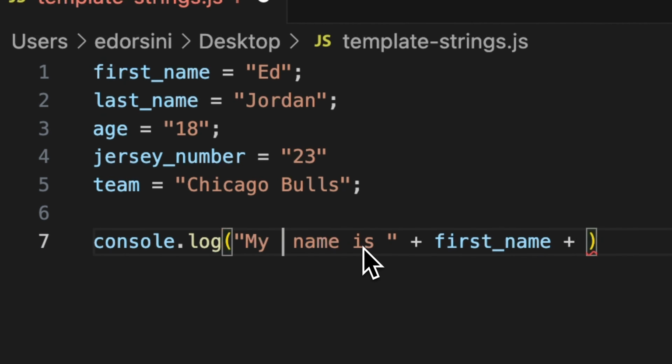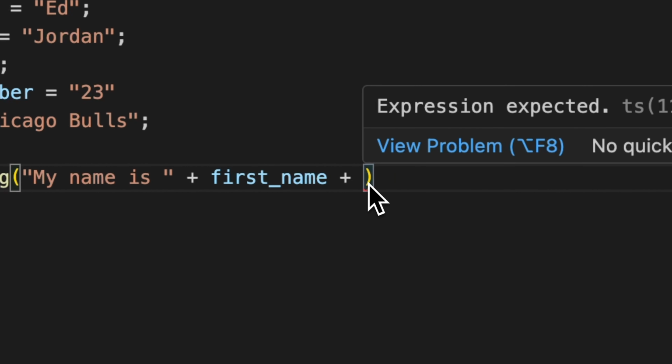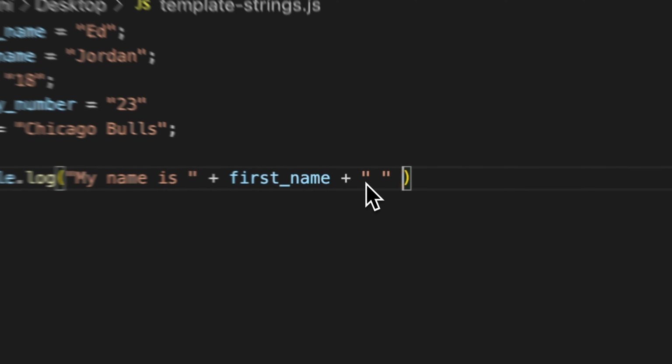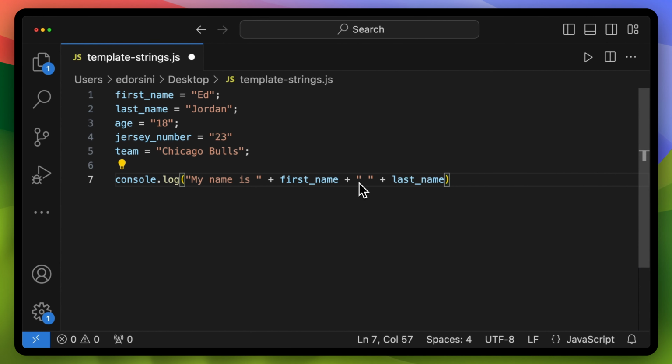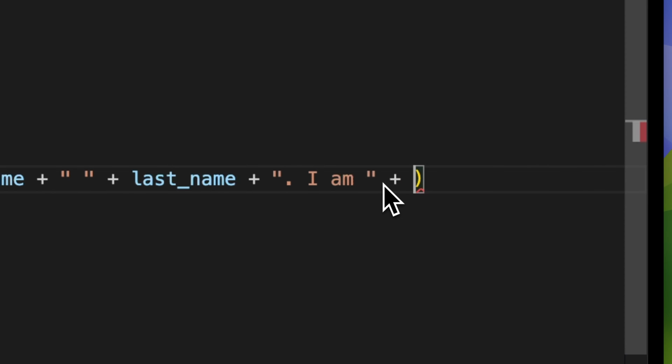I'm going to say just my name is, so I can say my name, and then add a space, and then add last name, and then I can just keep adding some things here, and I can say I am, and then I can again append age,